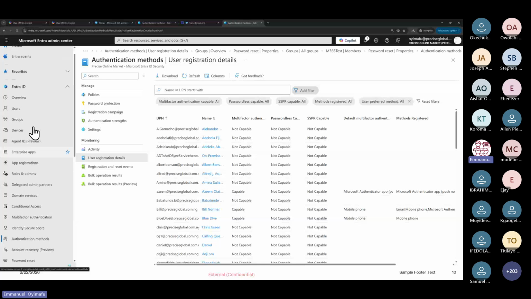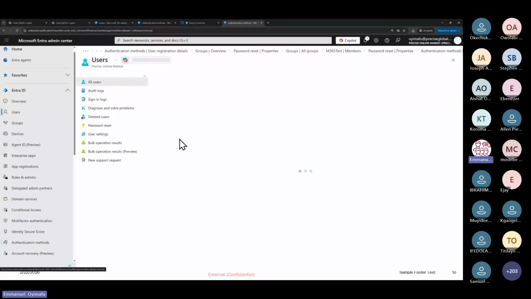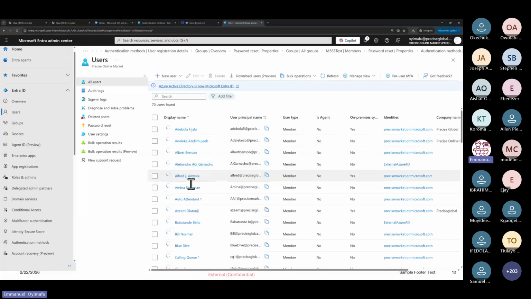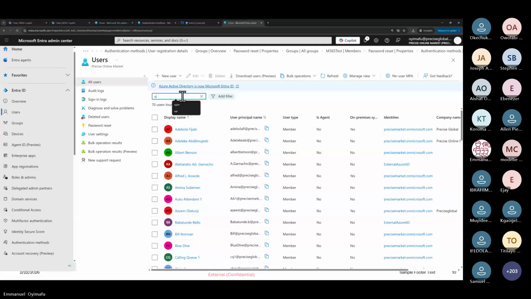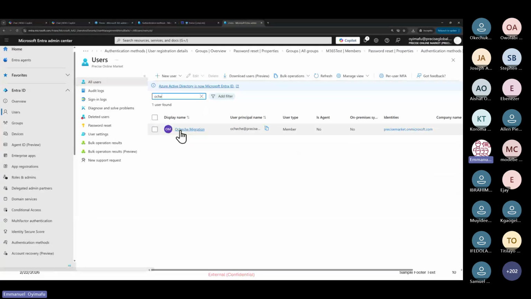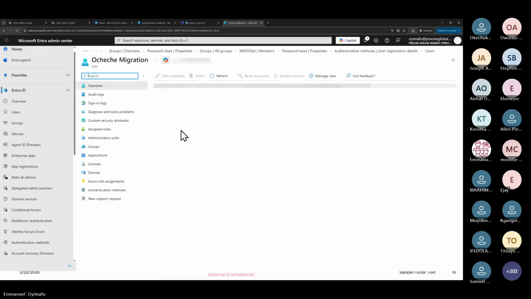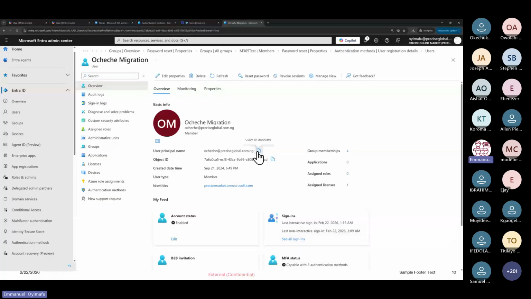Let me go to users. So let me just copy our email address. Ochichi migration. So now it's assumed that Ochichi has forgotten her password. So I want to help her. She wants to reset her password by herself.